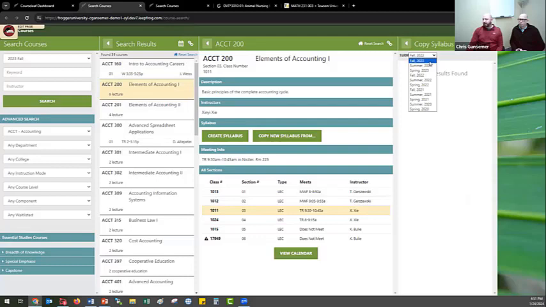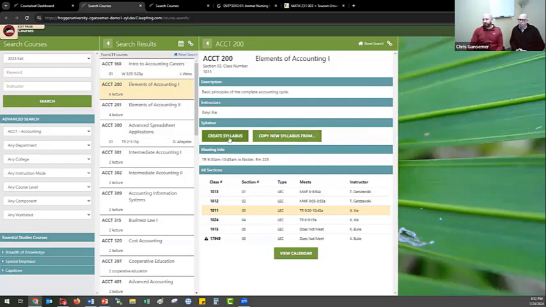But what has to happen is that the syllabus has to already be created. Then you can choose the term, and you can effectively copy it, and it copies all those same settings. But we can come back to that. I apologize for that. But let's look at what the syllabus would look like if I say create a syllabus